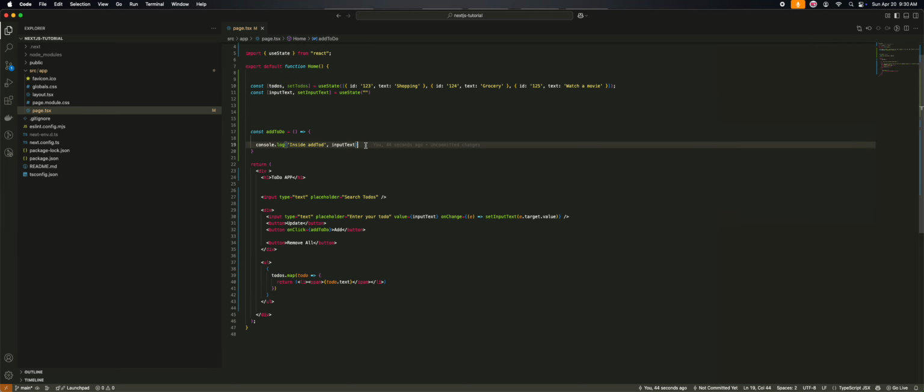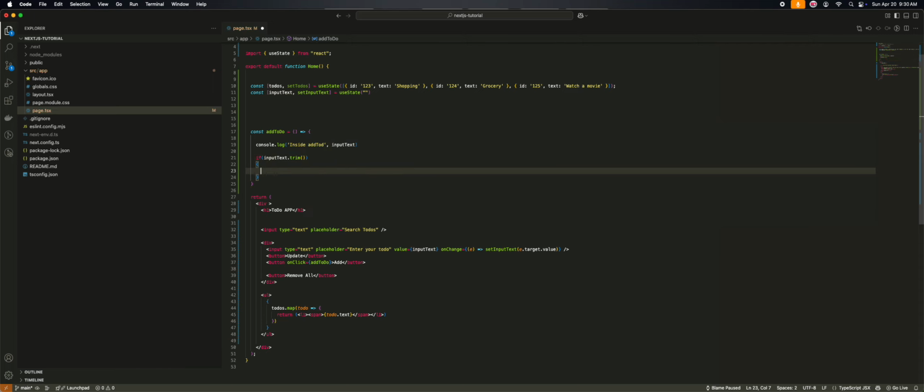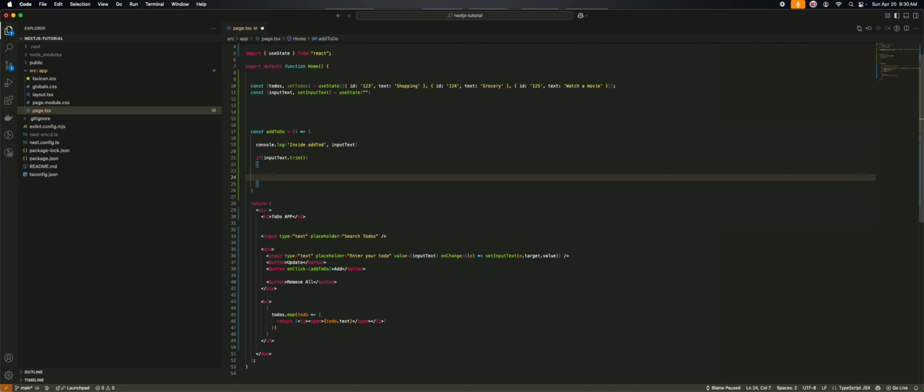So I will put one check: if inputText.trim, so that I know it's not an empty value. If that value is there, then only I'm going to proceed and call the setTodos, and okay, it will be an array, and then I'm going to use the spread operator to get the current todos, comma, and as you can see, a to-do is an object with an ID and a text, right? So I will create one object,